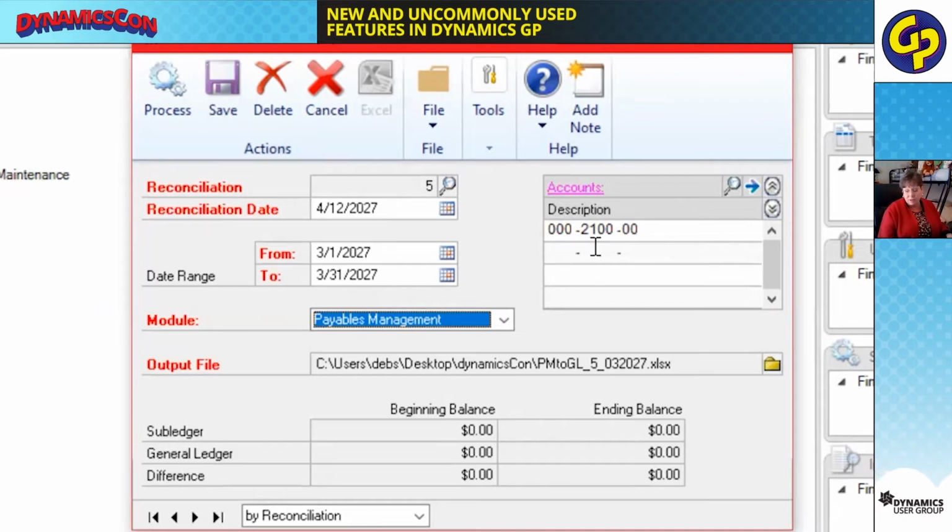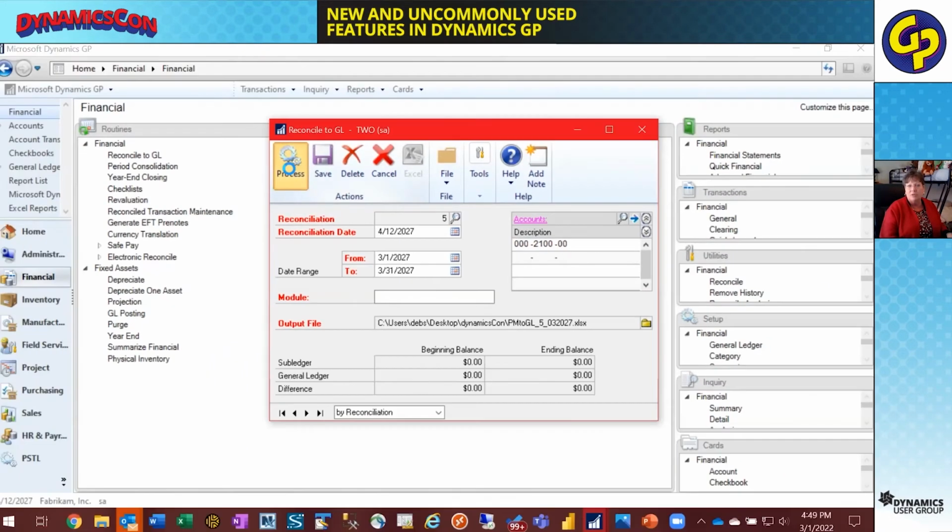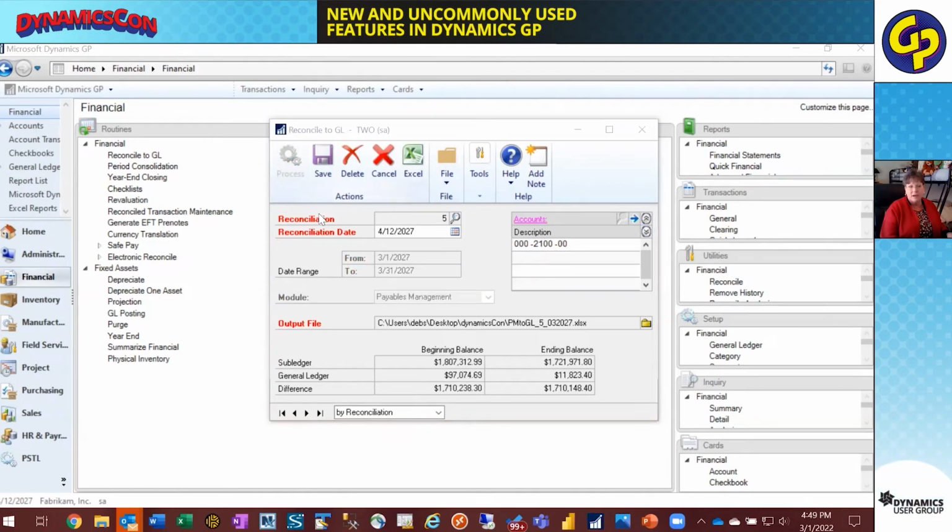So you may have not only your AP account in this case, but you may have an accrued purchases account that you want to take a look at as well. And you can just define that accrued purchases account. Once you have this all set, then you're going to go to Process, and this is going to create the file. And this file, as soon as it opens here,